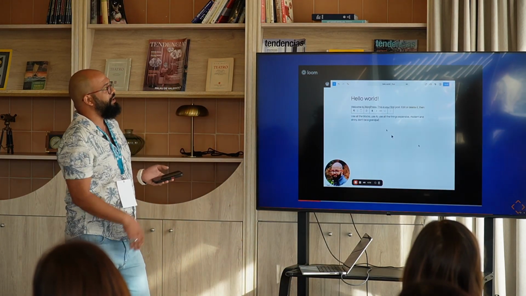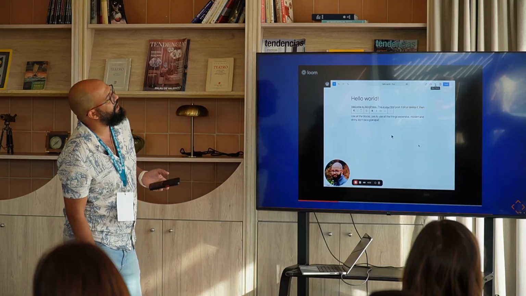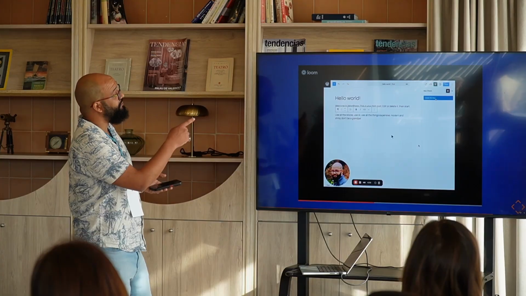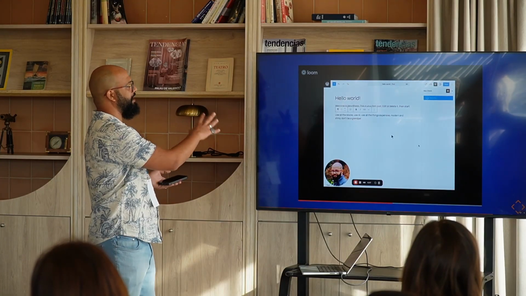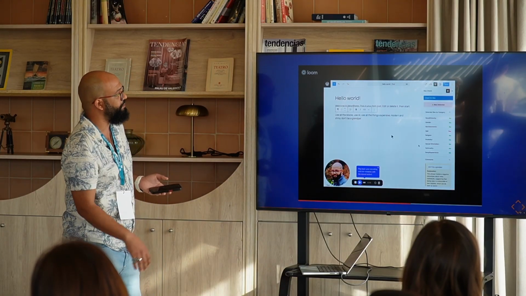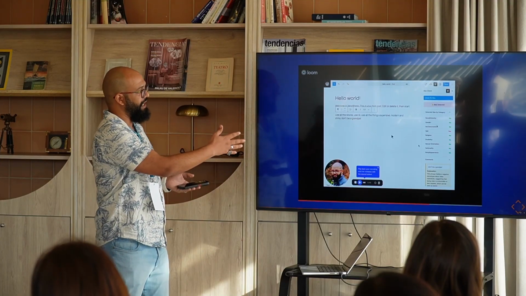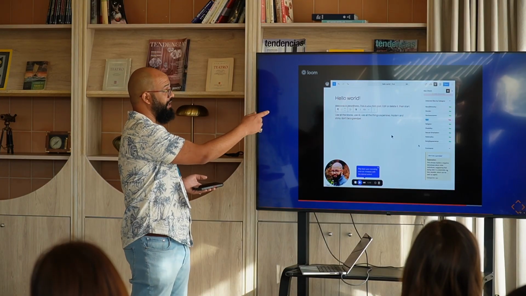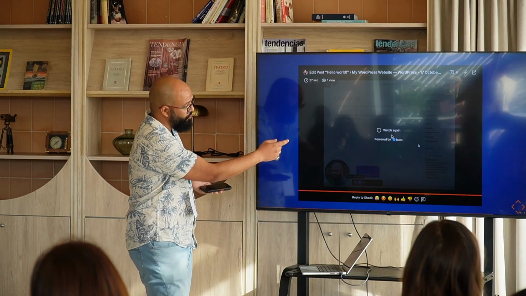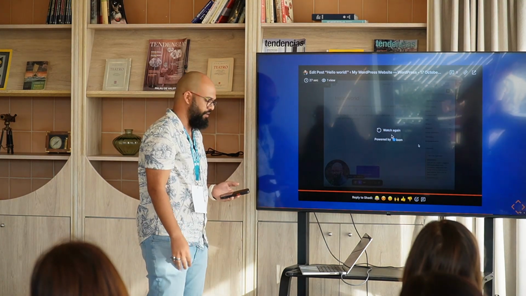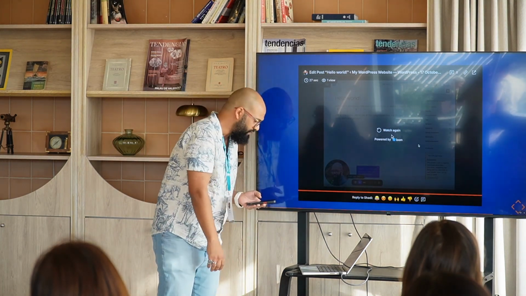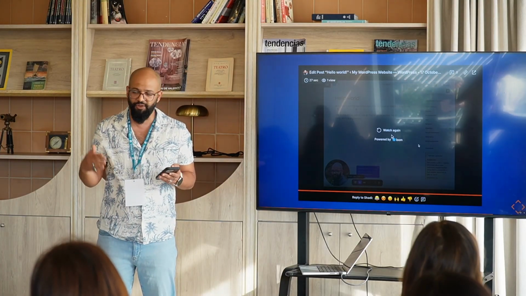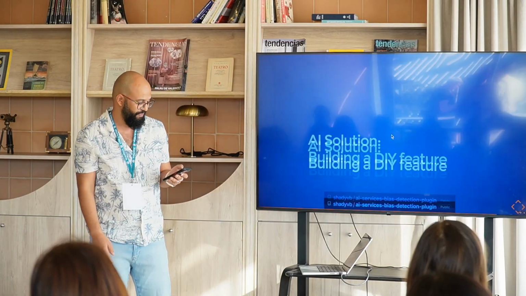I start typing, I save my post, and I click on the plugin icon. I check for bias, and it takes the post content, submits it to the LLM, and then gets back the result of the scan. It tells me that there is a phrase that has an age bias. It tells me what the phrase is and what the alternative is. That's how simple it can be, and I built it in a couple of hours using an AI tool. So AI, building AI tools.